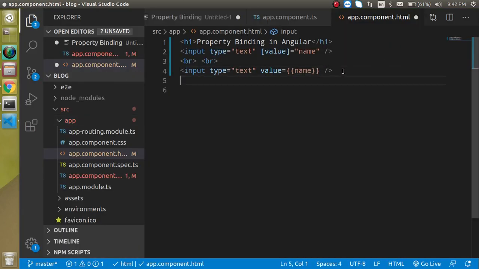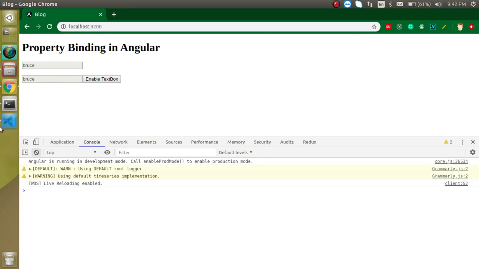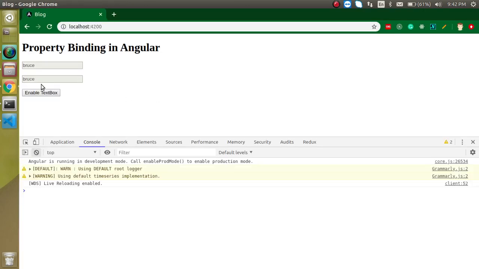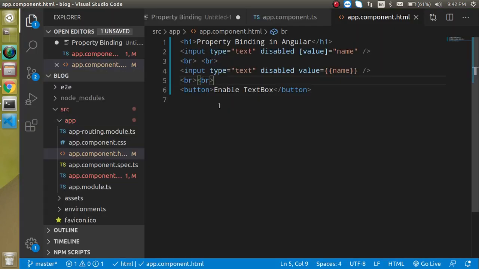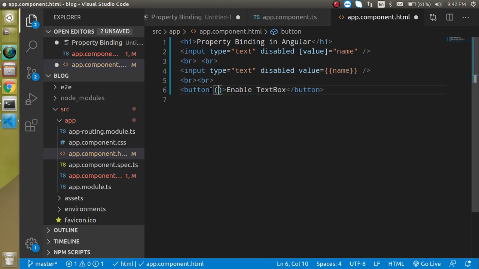So let's make a button here and just write here enable text box, right? And let's make them disabled with a disable property, right? And for now you can see that both are disabled, and let's add some br tags so that there is some space between them. So I want to enable both of them on button click, right? So I just need a function here. So on a click I want to call a function,